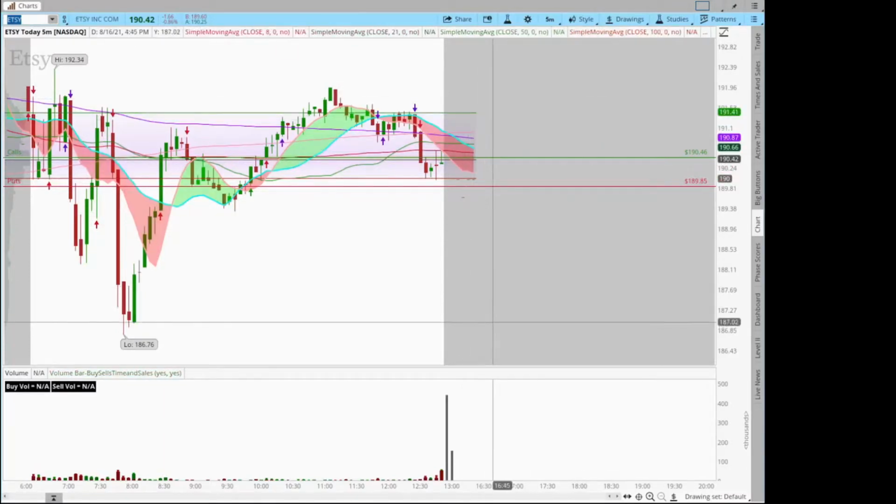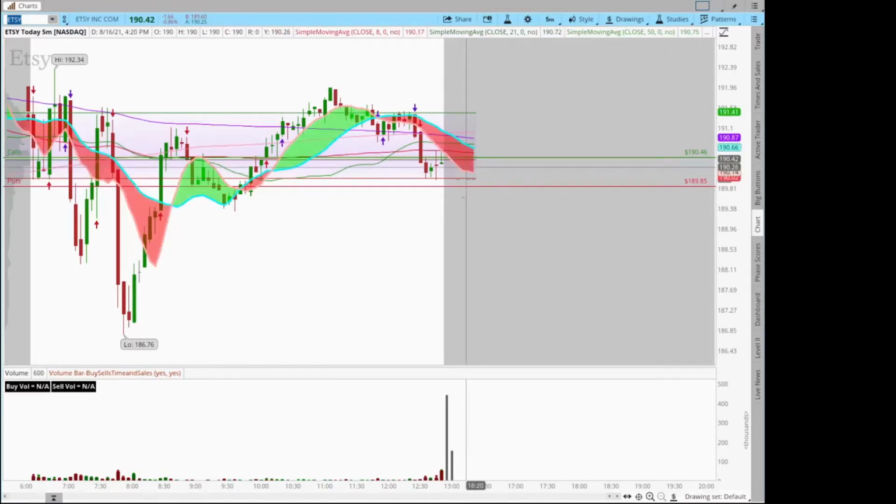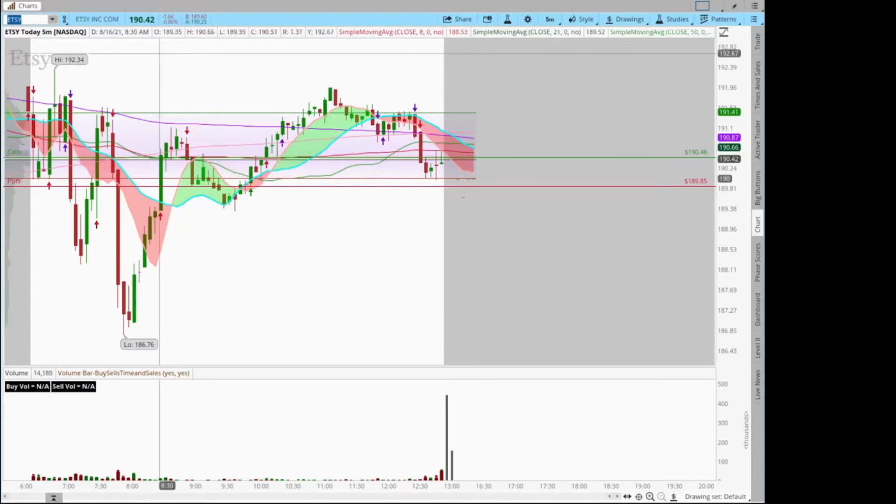If it rejects back down, it doesn't necessarily mean that we want to play puts immediately. We want to wait and see whether we get any kind of consolidation on smaller candles before the direction is chosen. And then once the price dips below the bottom moving average, let's just say that for the sake of tomorrow, this is exactly how the moving averages are still at when the price breaks down. So we get a candle close under this red moving average, which is my 100. And then when the following candle breaks the lower wick,